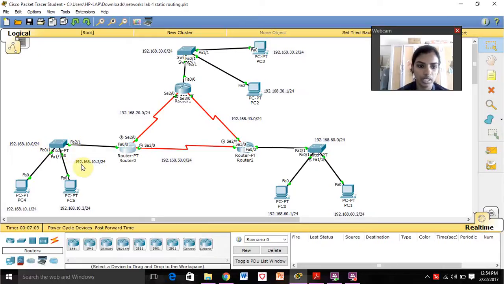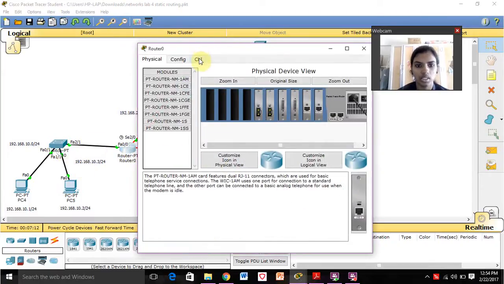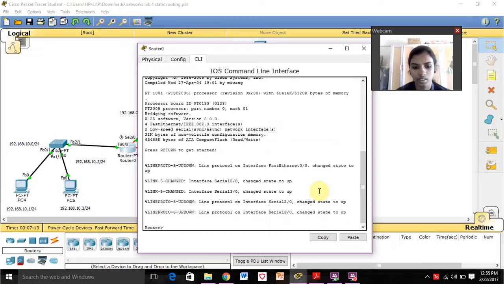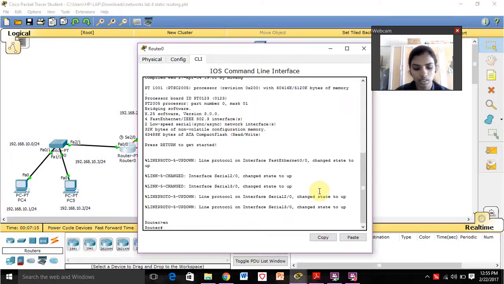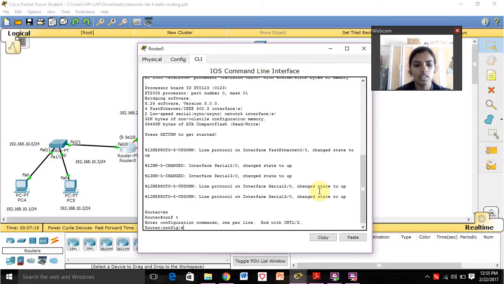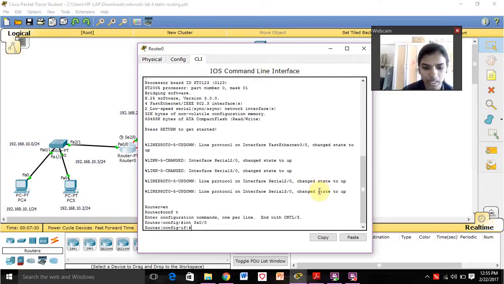So for that, first we have to go to the router CLI, then enable, conf t. Then when the configuration comes, we have to connect the topology. int, first, if I am using here FA0/0, enter, then ip address